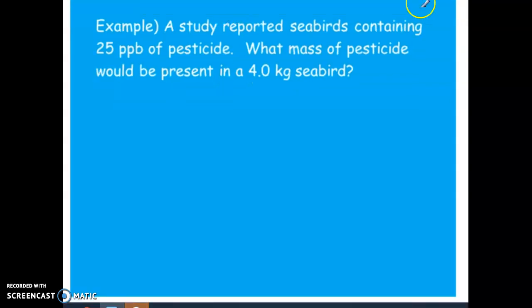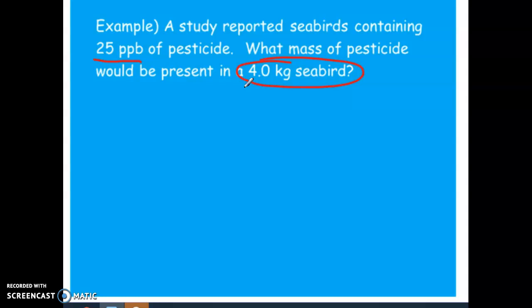Okay, so we have here a study reported that seabirds containing 25 parts per billion of pesticide. What mass of pesticide would be present in a 4.0 kilogram seabird? So essentially we're looking at the bird itself. I know it's funny to say, but the bird is our solution because we're looking to see how much of this pesticide has made its way into the bird. So if you remember from grade 9 ecology, this is like we're looking at the bioaccumulation of a